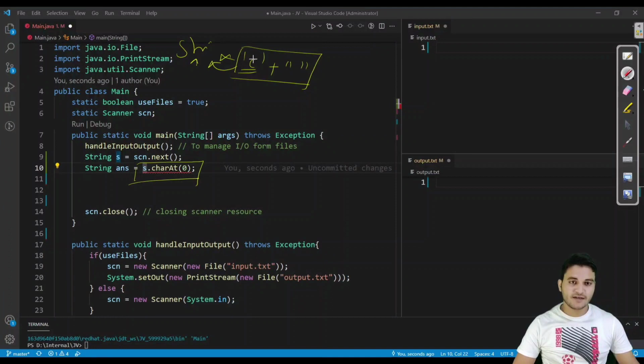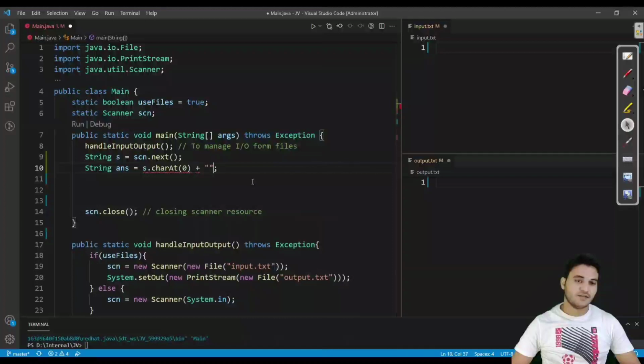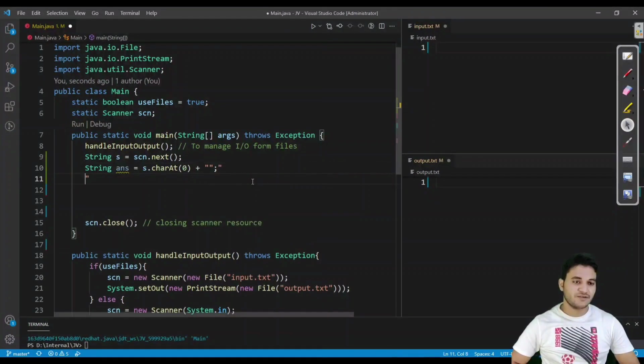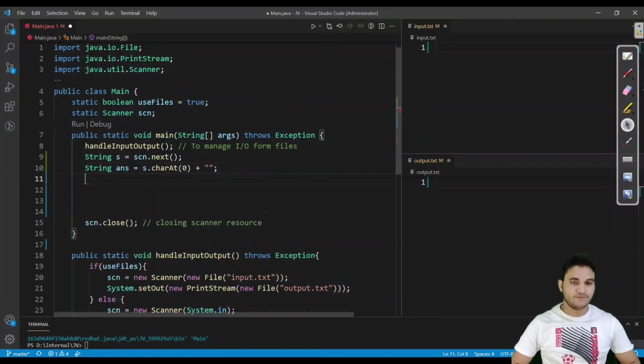Like we can add characters to strings, this opportunity Java gives us. So we'll use that opportunity. What I will do is simply write plus blank string. We do have some other approaches also, like we can convert this character into a string, but I found this a bit easy for me, so that is why I have chosen this. You can choose whatever you want to do. I mean, both of them are fine.